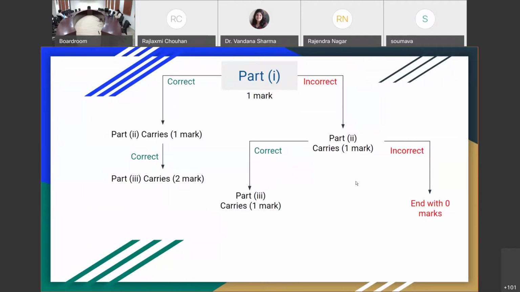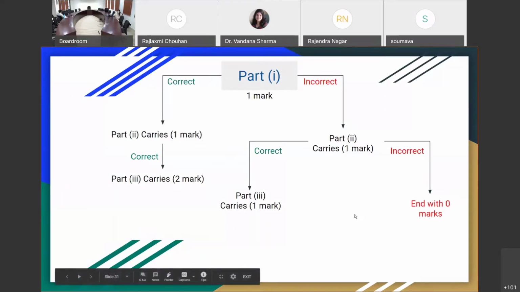So I hope the scenario that I'm trying to explain makes sense. If it's clear to everyone, the scenario that I'm trying to paint for you. I want the student, even if the first step is wrong, to still be able to get marks if the solution is correct based on some expression or some logic. But just because the subsequent parts depend on the answer of the previous part, it should not happen that just because the previous part is wrong, they get 0 in all such questions. So this is what I want to do. This is the kind of question I want. So now how to do this?